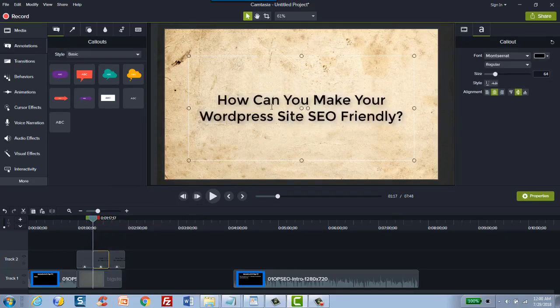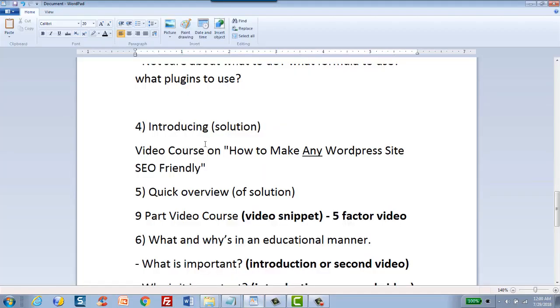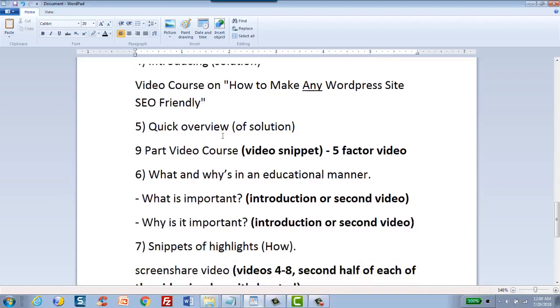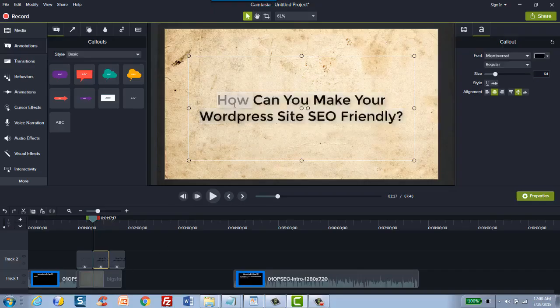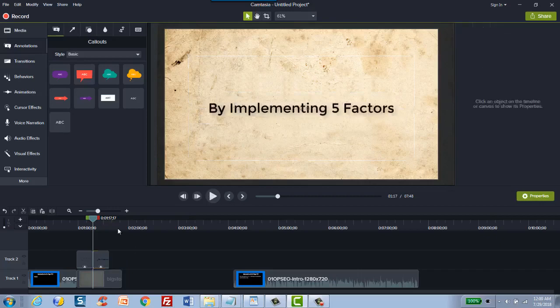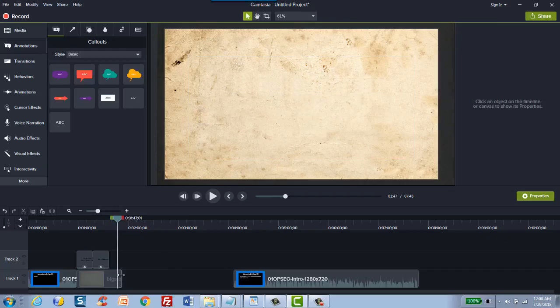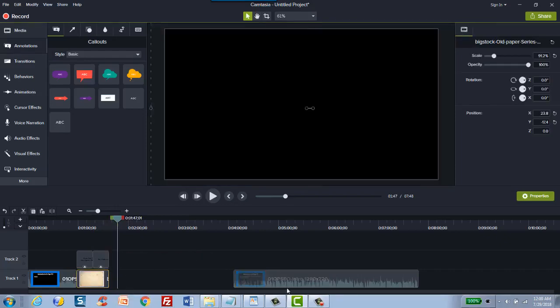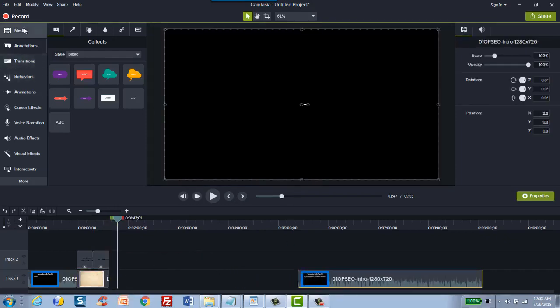So what you can do here is add more text. So how can you make your site SEO friendly? You can say by implementing 5 factors. And let's say we're going to put that there, and then let's go back to our media and talk about